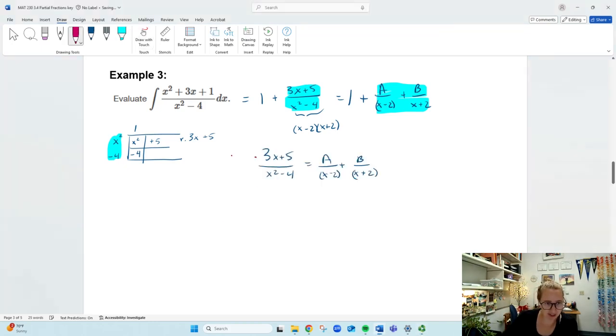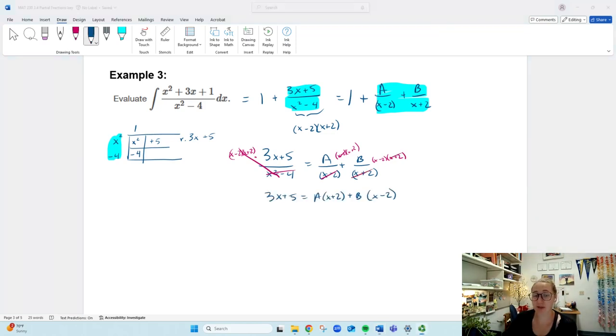And so I have all these fractions. I'm going to multiply by my x minus 2 and x plus 2 to each part. Here it'll cancel out with that denominator. When I multiply by x minus 2 and x plus 2 here, my x minus 2's are going to cancel out, so I'm really just multiplying by x plus 2. And the same thing over here, my x plus 2's are going to cancel out, so I'll really just be multiplying by x minus 2. Now I'm going to distribute these out and compare my coefficients,